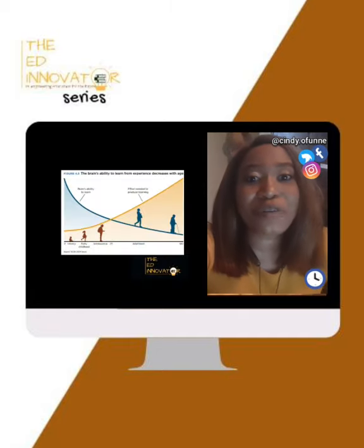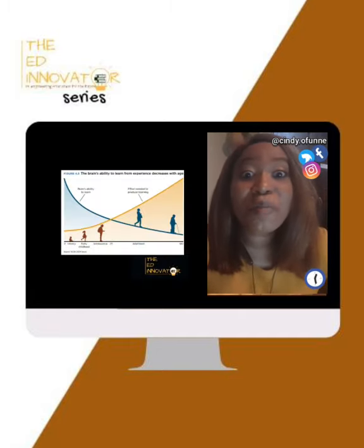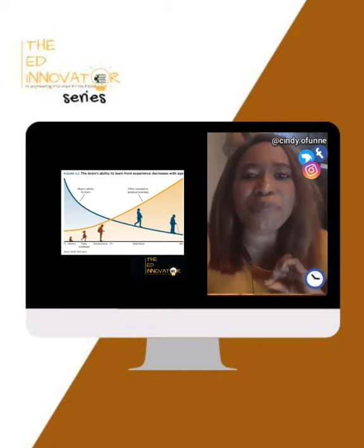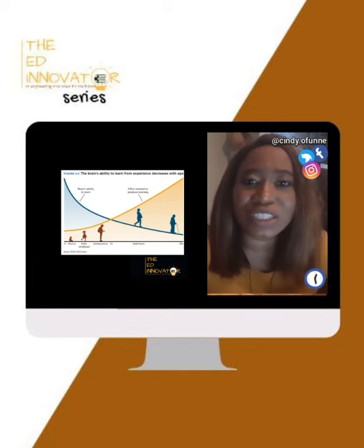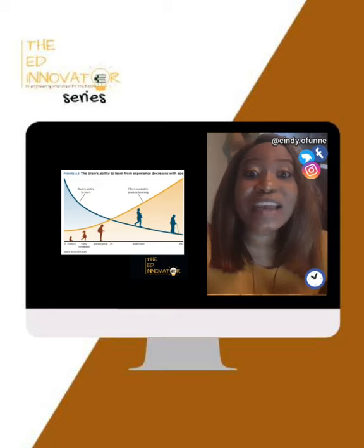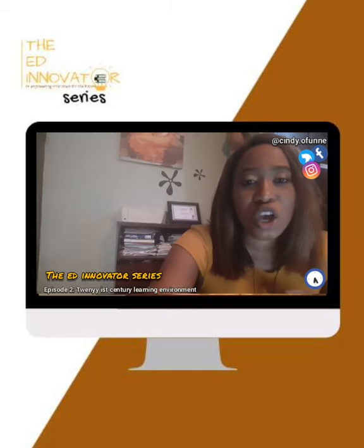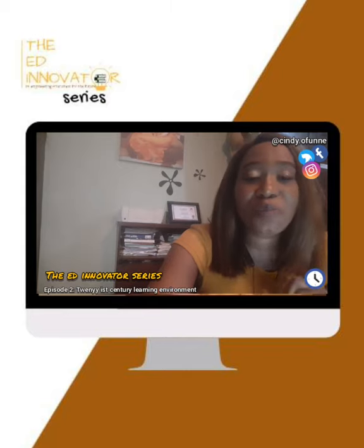Take a look at this infographic. It tells us that from infancy to adolescence, the brain of a child is at its peak and then begins to depreciate from about 29 till old age. And then the effort to actually learn increases from adolescence till old age. This tells you that you need, as an educator, to put in every effort to ensure that your child is getting the right teaching practices in the right learning environment.